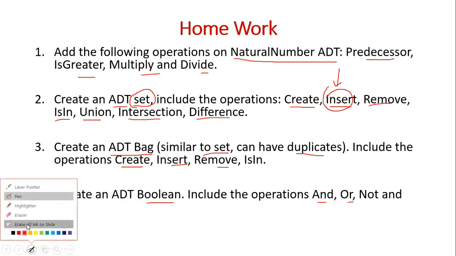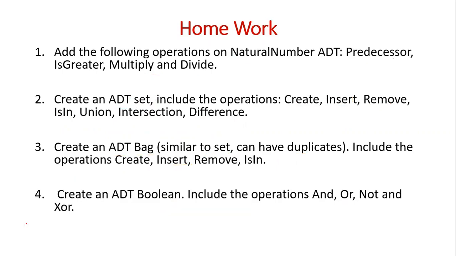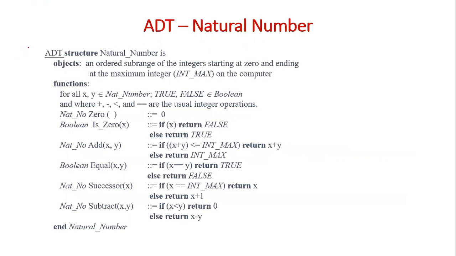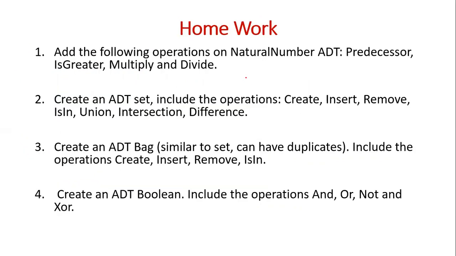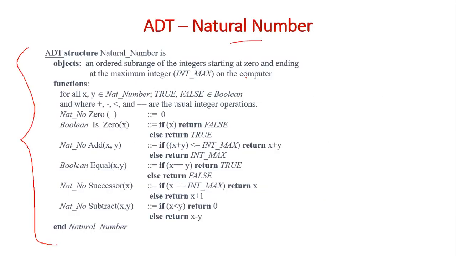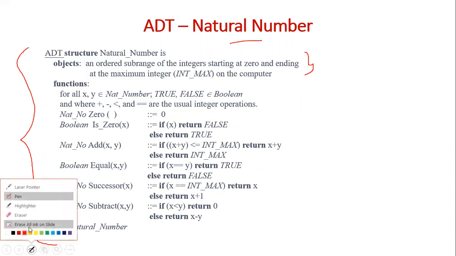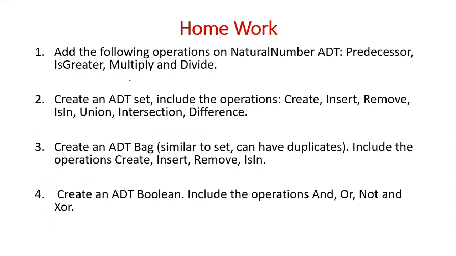So I want you to try this by specifying the abstract data type. Whatever you write should be of this nature, like how we defined the abstract data type. We have discussed an example abstract data type for natural number. Similarly, you should write a specification abstract data type for set, bag, and Boolean. First you have to give the description, the function description, what it will do, and then the various functions. Fine. So please try it and update me. So let us stop here for this session.